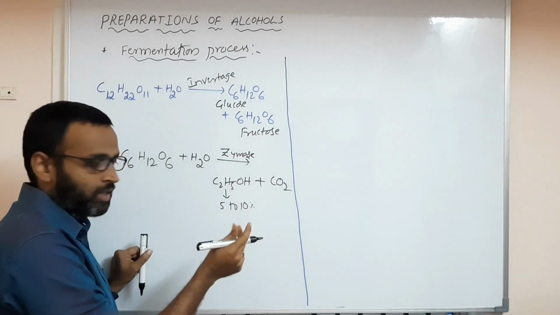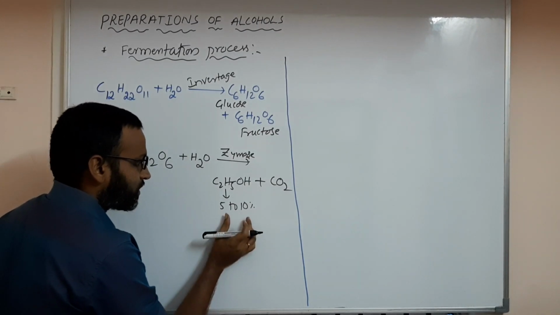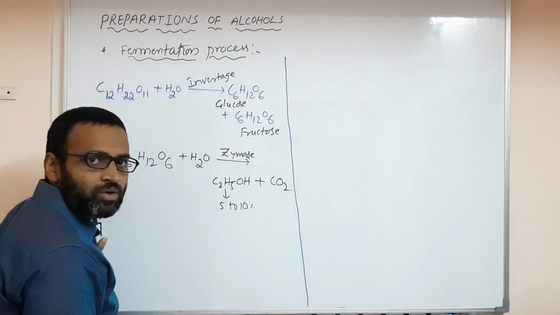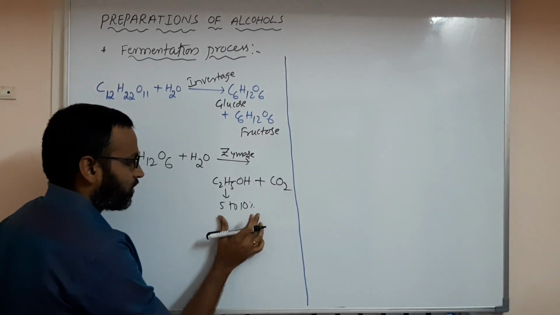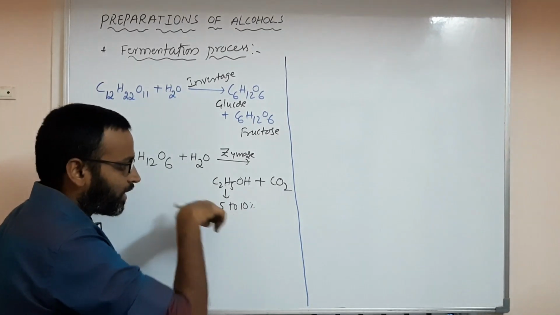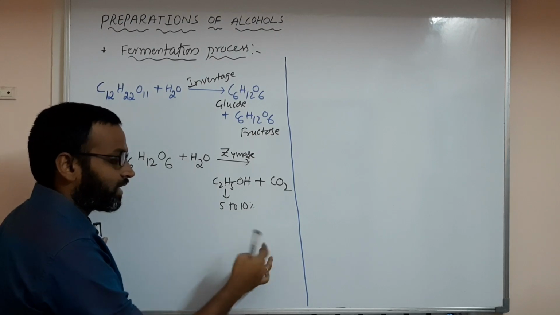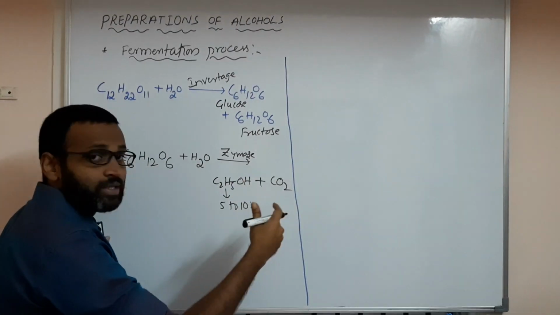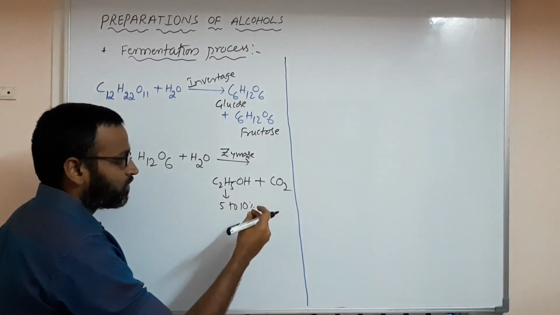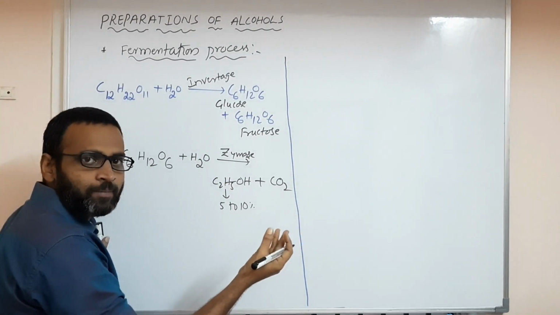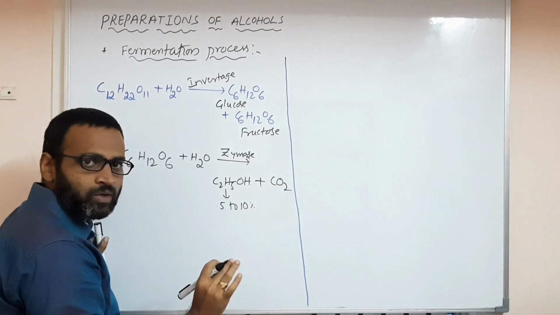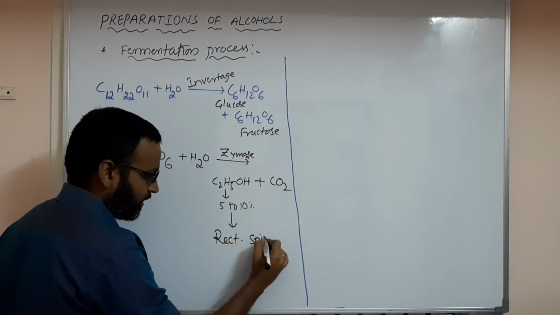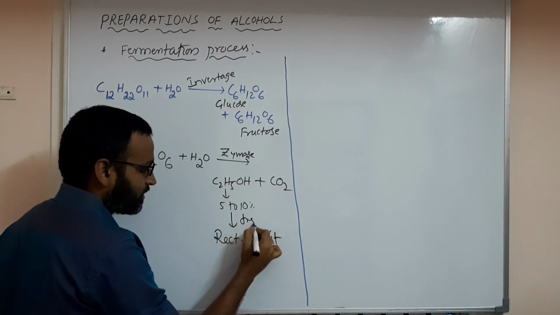Then what will happen? This is the distillation process we call. This ethanol turns to 98% alcohol. That is called spirit, rectified spirit, 98%. And then we have 100%, absolute alcohol. By adding calcium carbonate or calcium oxide, it converts to ethanol 100%. That is called absolute spirit. Rectified spirit turns first by using the distillation process.